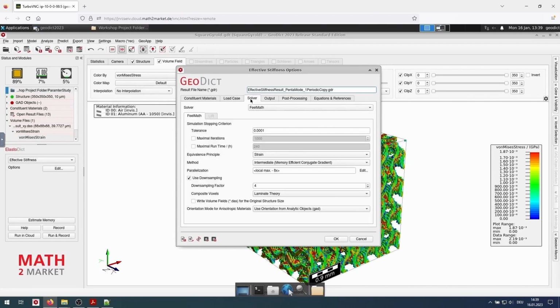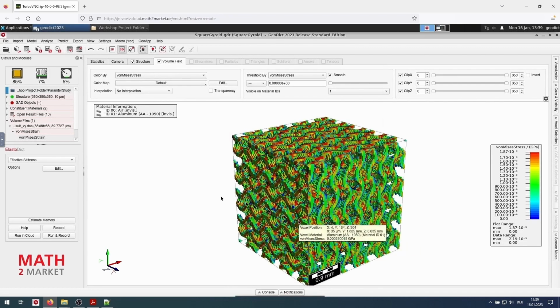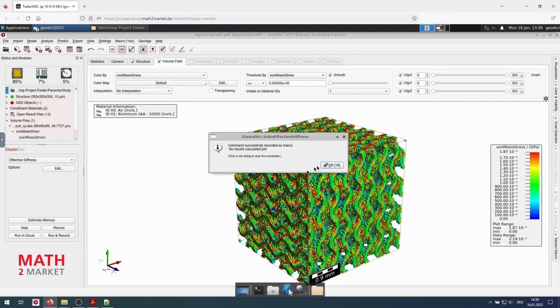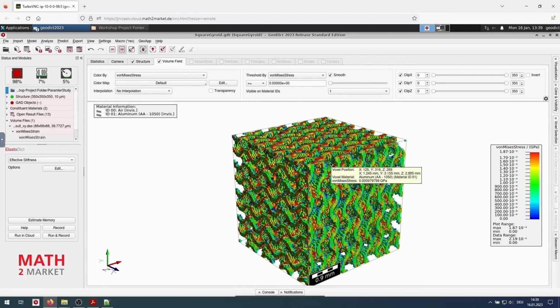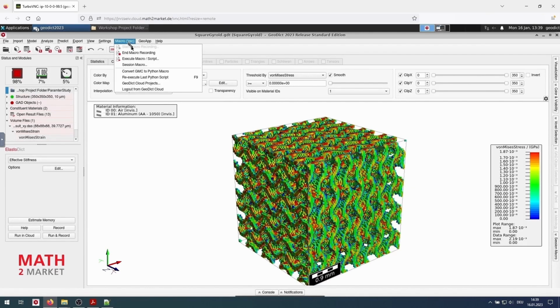As the settings, we choose the same settings as before. So we click OK, and again, we only click on record. Now the macro recording is done, and we can select macro and end macro recording.